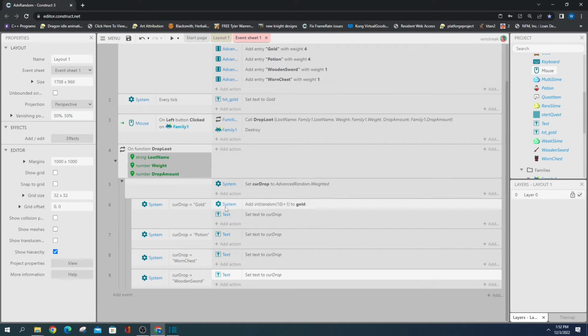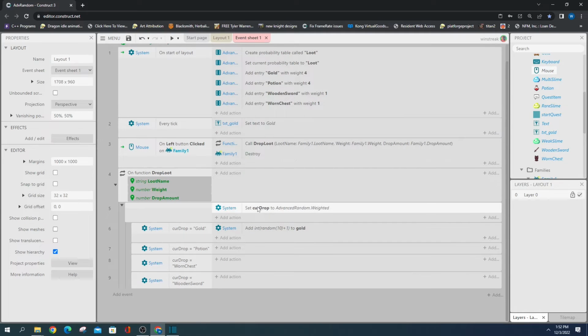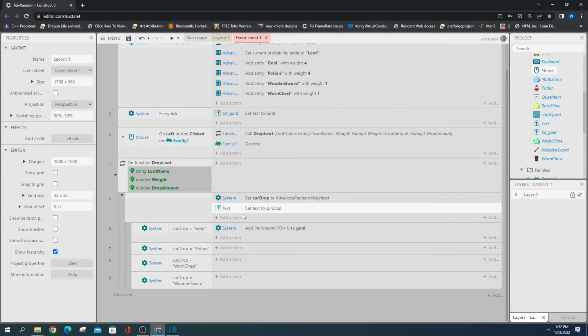And instead of doing this for each one, I can actually just put one of them up here, and we just make sure we do it after we set cur drop. And this will make it happen 100% of the time, whereas these only happen if I roll gold or potion or worn chest, which means I'd have to add this every time I create a new option. So this one will add the gold,